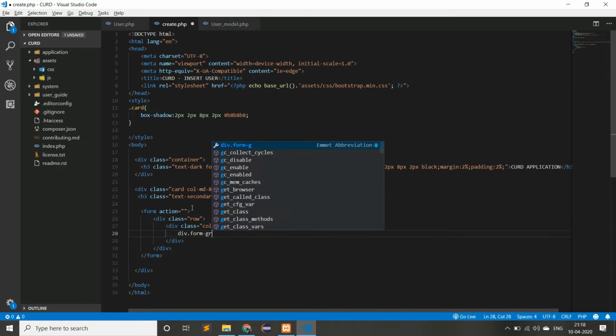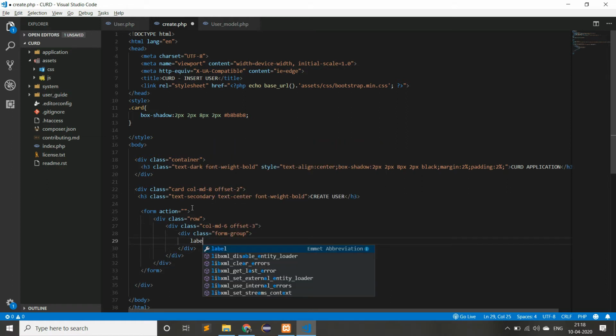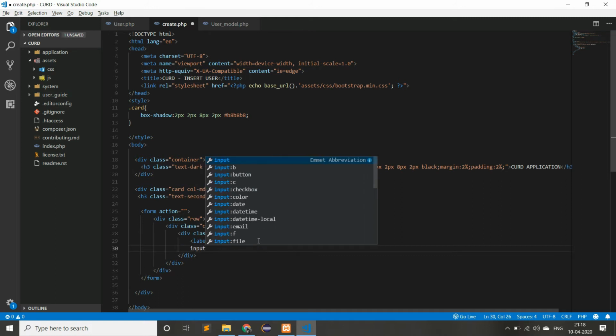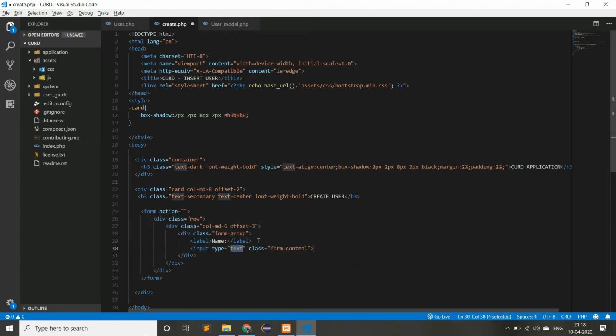And then take a div with class name form group, and inside of that first create a label. Inside of the label, let us write name. So this is a name field. So let us create an input for that with the class name form control. So let us add a placeholder like a name,